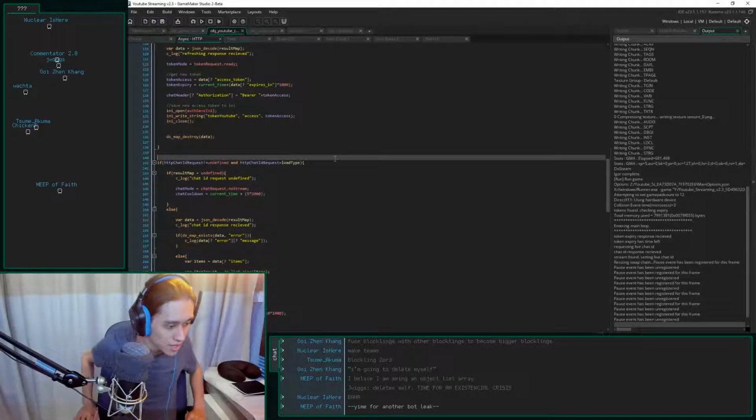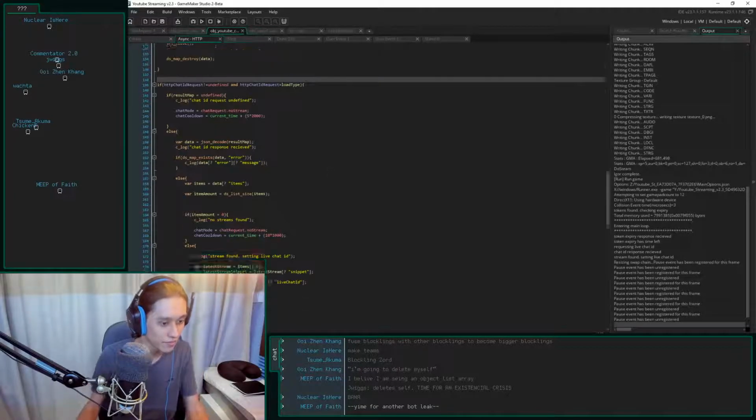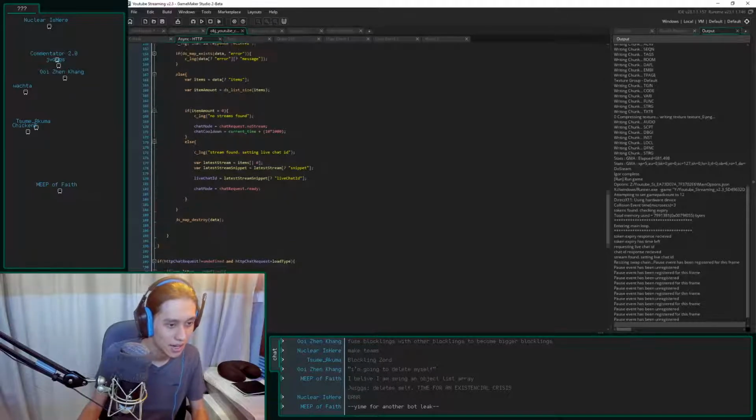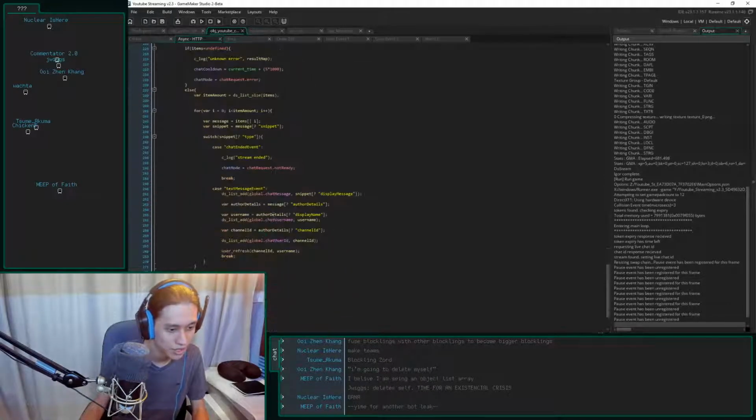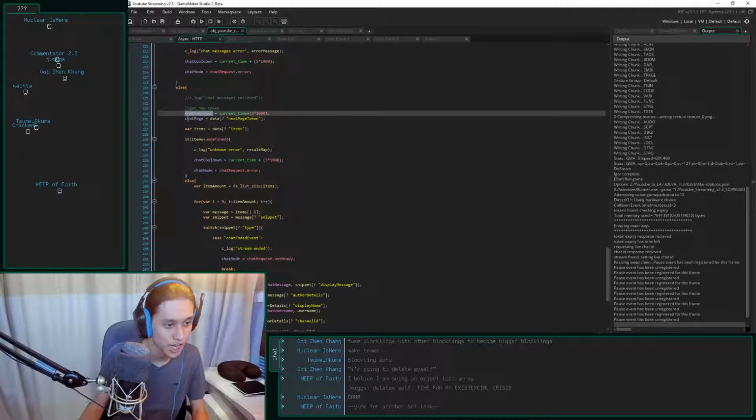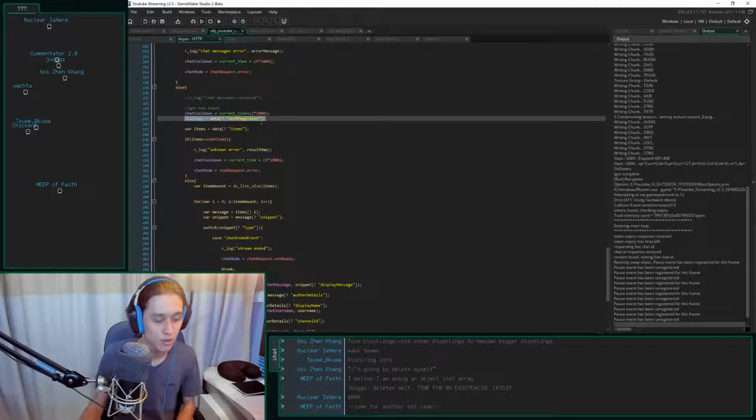So, it looks like what's happening is I am not actually saving. I have a page number right here, chat page right here. This tells me which pages I've already looked at and which pages I can use to get the next one. So what I need to do is I need to save this. I need to very much save this.